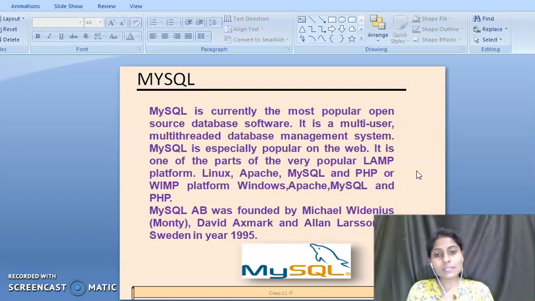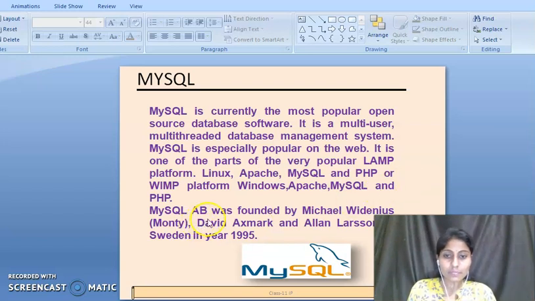It is a multi-user, multi-threaded DBMS, students. MySQL is especially popular on the web, and it is one of the parts of the very popular LAMP platform, Linux, Apache, MySQL and PHP, or the WAMP platform, Windows, Apache, MySQL and PHP. MySQL was founded by Michael Widenius, Monty, David Axmark and Allan Larsson in Sweden in the year 1995.